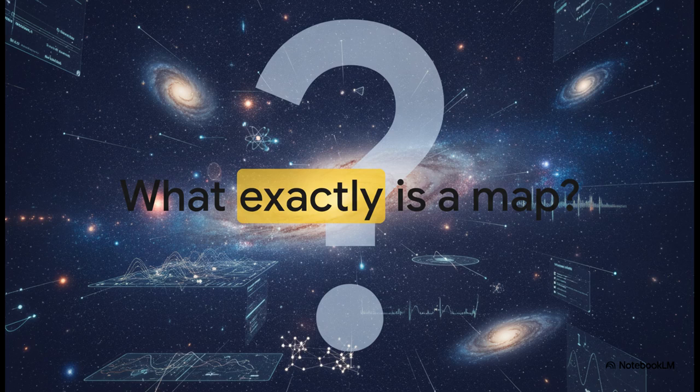You're probably picturing a geographic layout, or maybe just the GPS app on your phone pointing you to the nearest coffee shop, right? But a map at its absolute core is really a conceptual model. It's a tool we use to grasp complex reality. We use maps to take these massive, almost incomprehensible systems and distill them down into structures our minds can actually navigate. Basically, it's a way of seeing relationships that would otherwise be completely invisible to the naked eye.